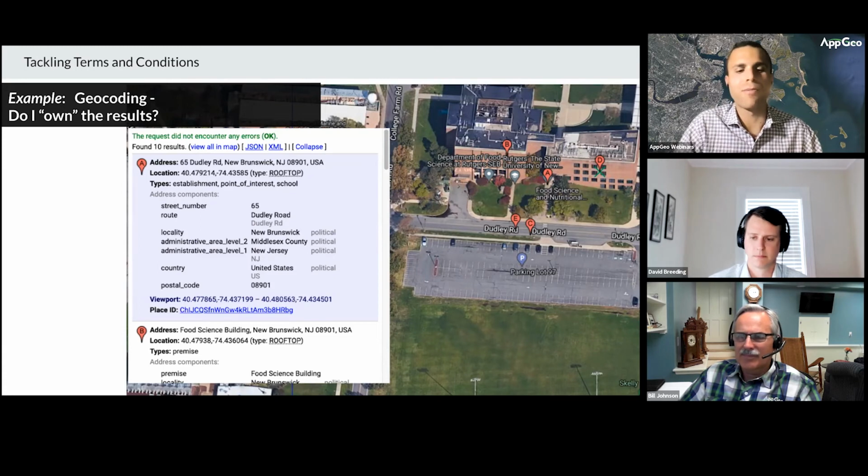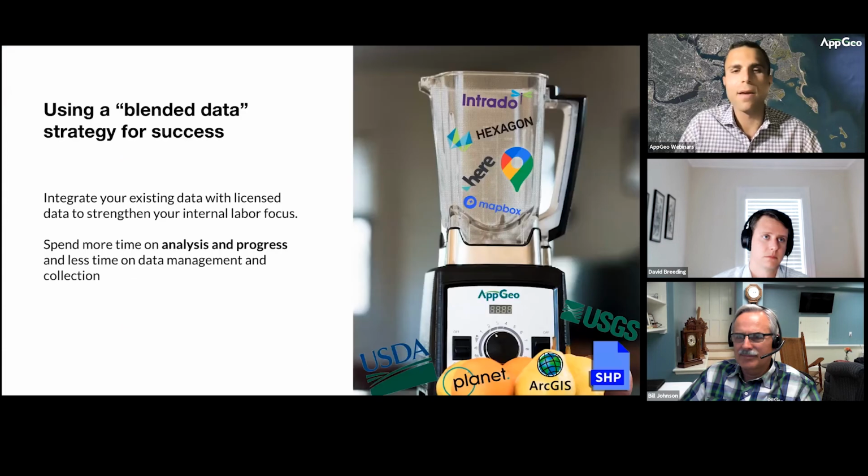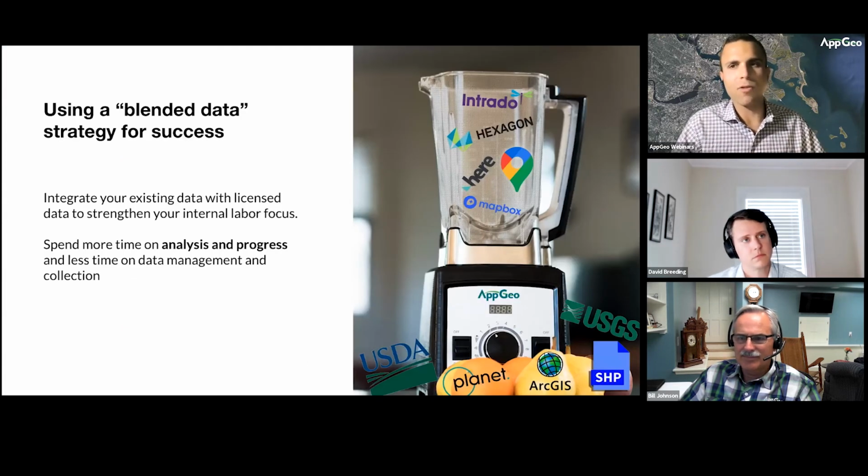Absolutely, especially in the real estate sector where things are moving around quite fluidly with businesses opening, closing. Data that was accurate 2 weeks ago might not be accurate today. And that's, I think, a good lesson to think about when it comes to requesting versus maintaining. And we're really reaching the end of our presentation here,